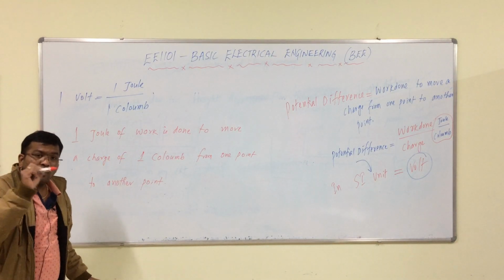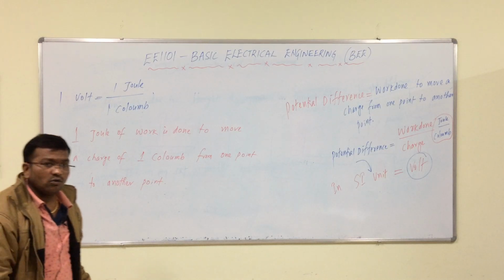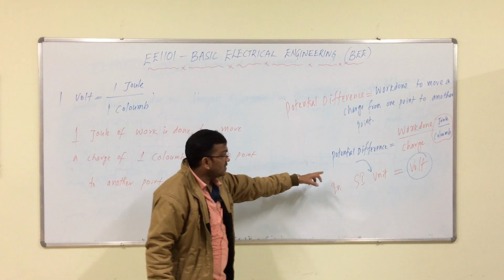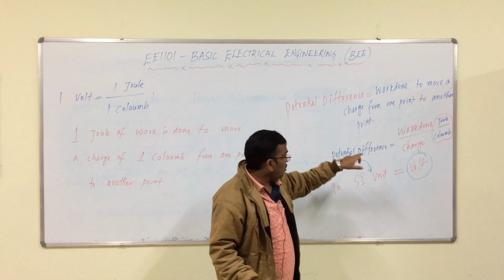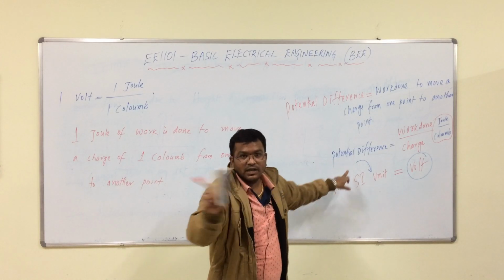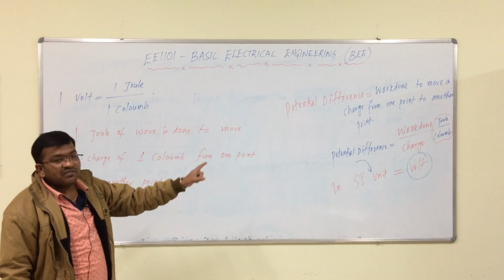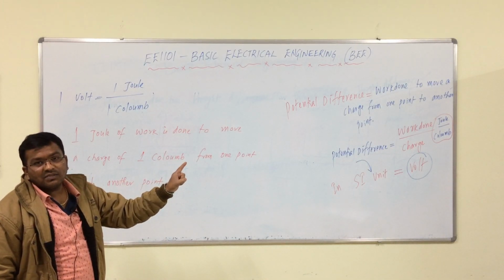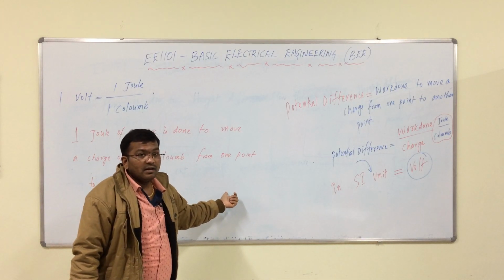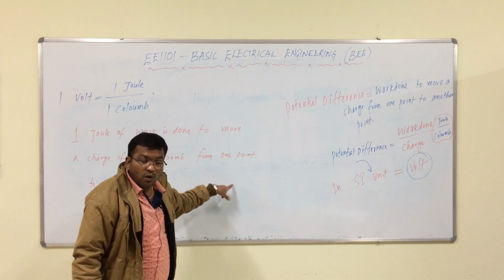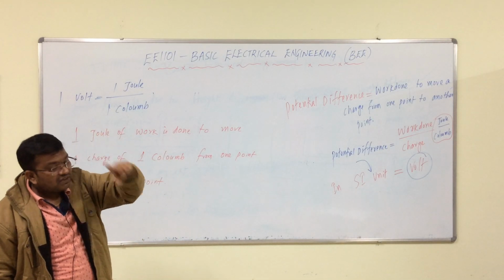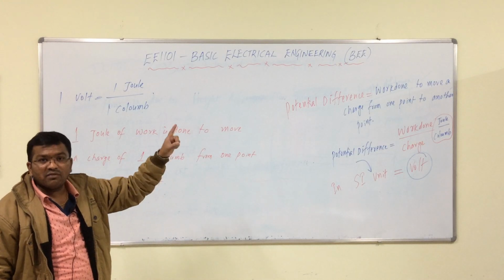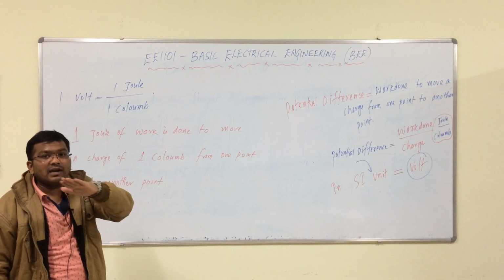So, in order to make the current flow in any electrical circuit, obviously we need a potential difference. Due to this potential difference, there is a current in the circuit. Without this potential difference, there is no current in the circuit. So, this potential difference is responsible for the flow of current. As we discussed in the first example, the water flow is due to what? Height difference. That height difference is responsible for the water flow. Like that, potential difference is responsible for current flow in any electrical circuit.